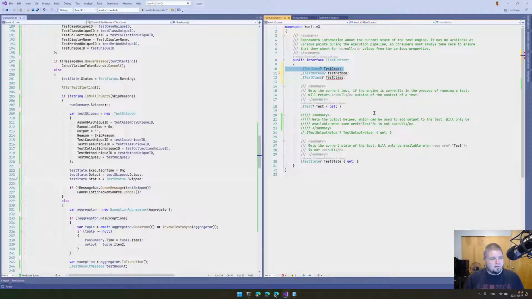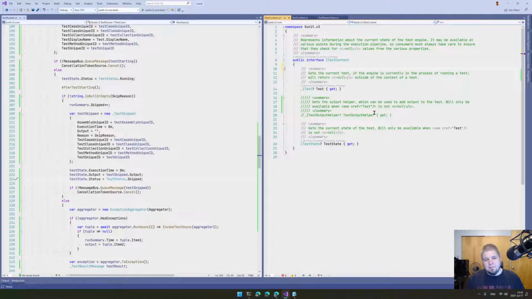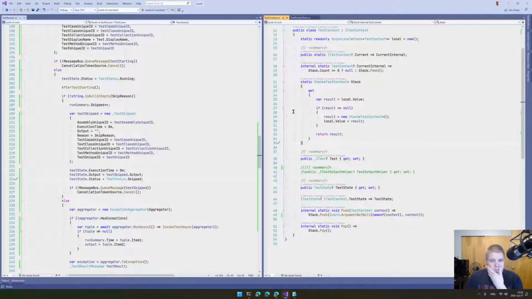Whereas with the static accessor, what we basically will say from a contract perspective is you cannot count on that returning the same value every time you call, because the context in which you call it might give you a different test context, right? If you're running in a test, you'll get a test context that has access to a test. But if you ask for a test context outside of a test, you won't have access to that test anymore. So, yeah, I'm not 100% sure, but I'm going to go down this static accessor path at the moment and sort of see if that is,